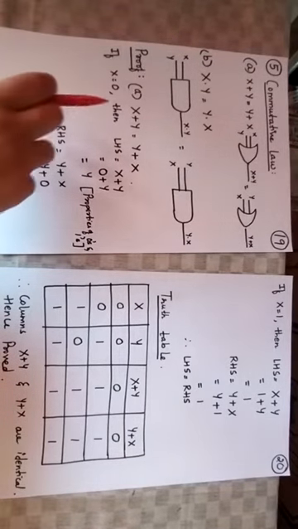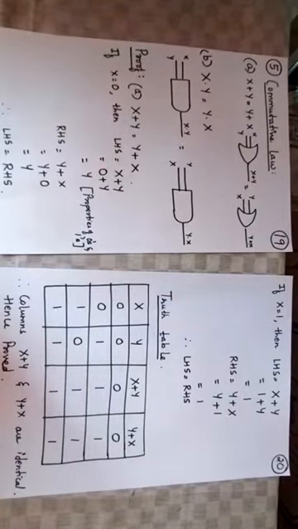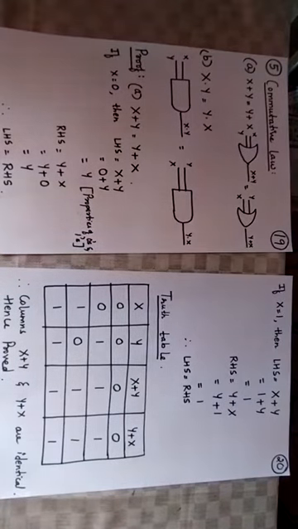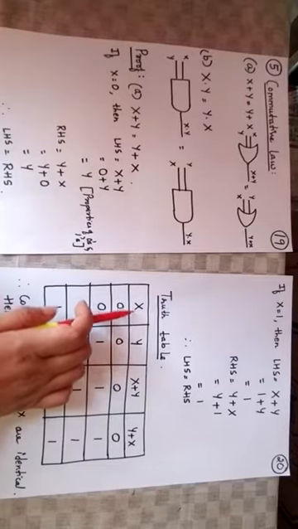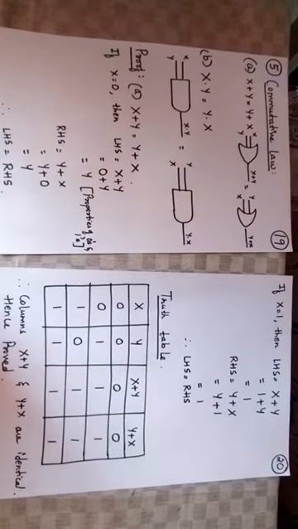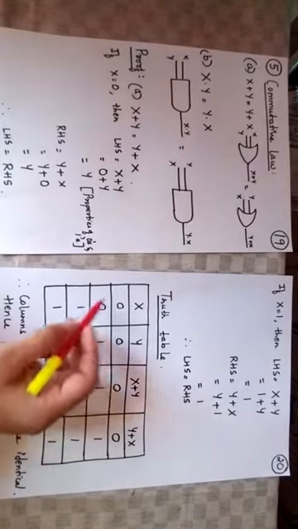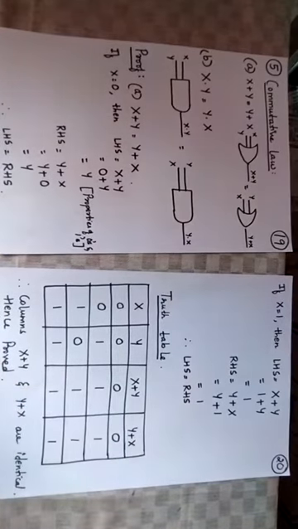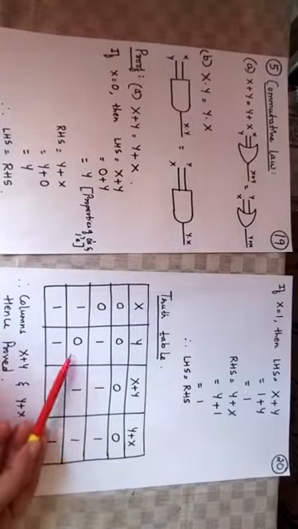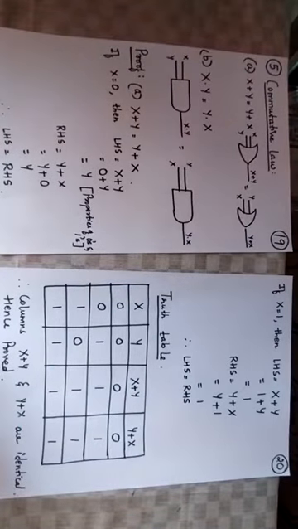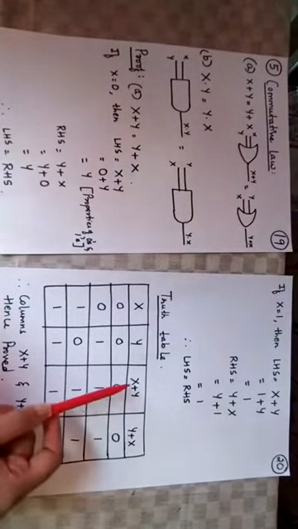Now in this particular commutative law, we have two variables x and y. That is why in the truth table we will be taking x and then y. Since there are two logical variables, we will be getting 4 combinations of values over here. So for x we have 0 0 1 1, for y we have 0 1 0 1. And what are the operations we have to check? The left hand side and right hand side, which are x plus y and y plus x.